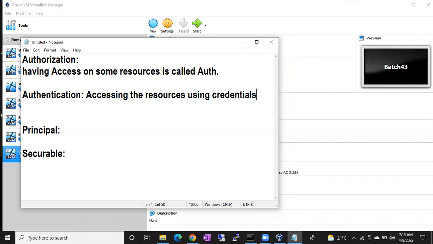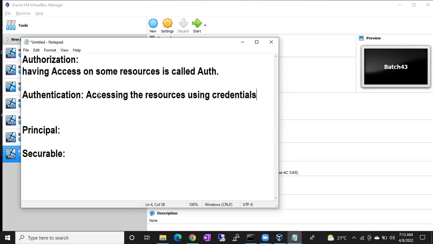No one can enter. You can see on the door, authorized entry only. Authorized entry means only authorized people can enter into that particular room, not everyone, right? If you have access on that room, that is called authorization.